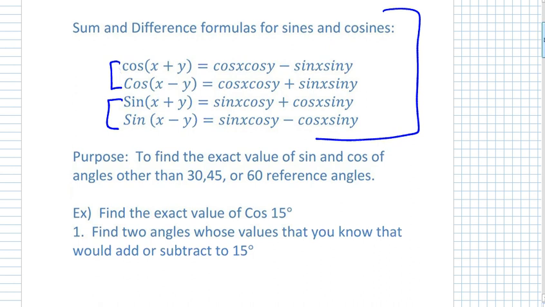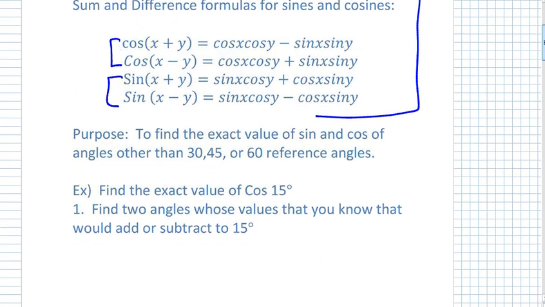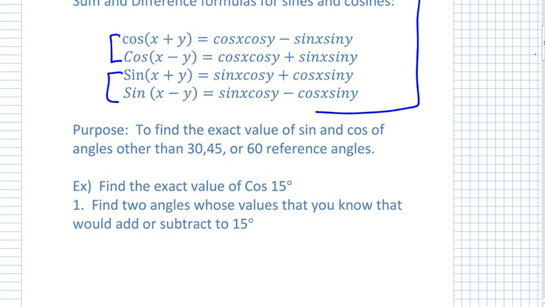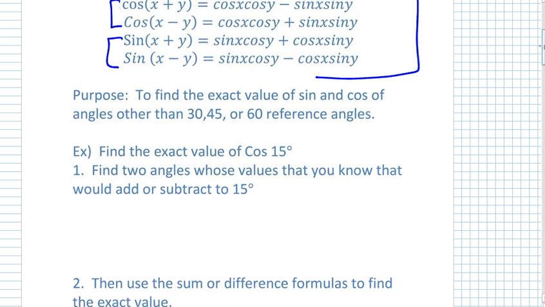Now, the purpose of the sum and difference formulas is to find the exact value of sine and cosine angles other than the ones we found before by drawing the pictures. So, for example, finding the exact value of cosine 15. Well, before we couldn't do that because drawing a triangle, the reference angle of 15, we have no idea what that triangle would look like. But with these formulas, we can figure out